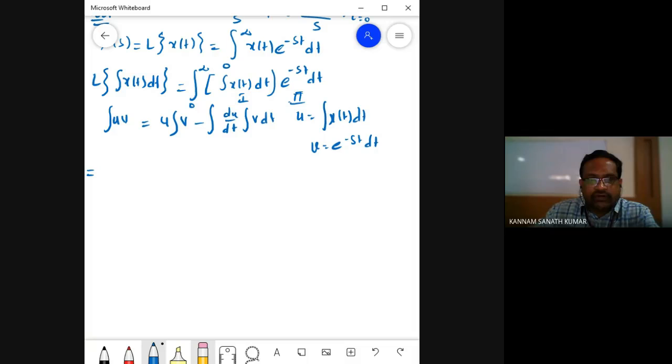This is equal to: first function, integration x of t dt, into integration of x of t dt, again into integration 0 to infinity,